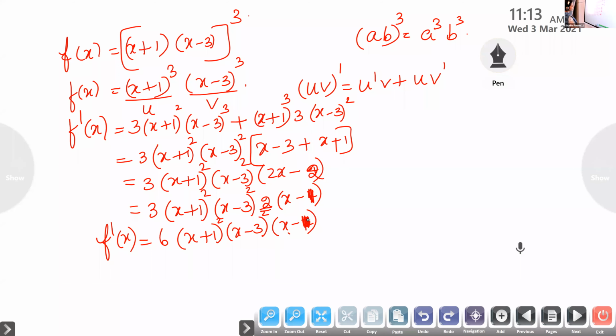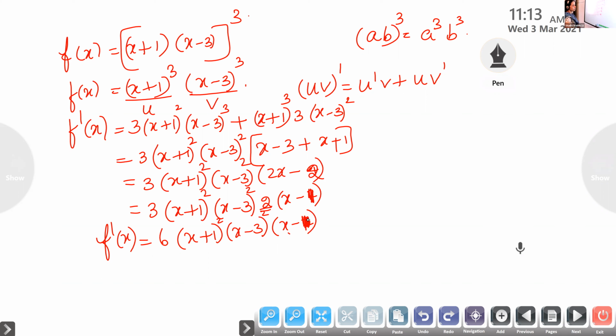Very good. Okay, here when I take this term outside, when I took x plus 1 the whole square outside, the left out term is x plus 1. Instead of that, I wrote there x minus 1. So note the correction here. So x plus x is 2x, minus 3 plus 1 is minus 2. Again, we can take 2 outside, so it will become x minus 1. So f dash of x we are getting as linear factors.